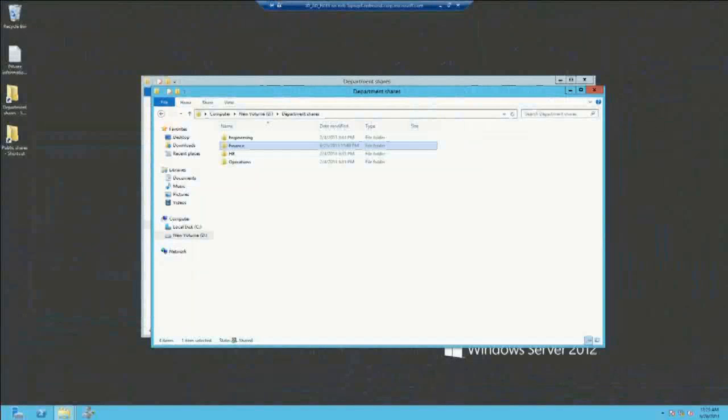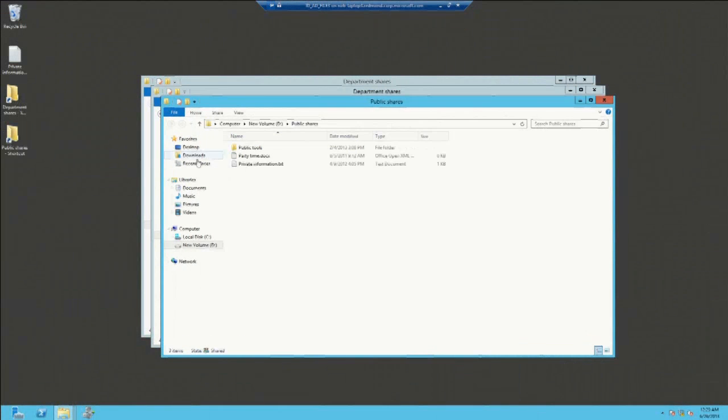So going back to my file server here, I just want to show you the public shares. You see that we have 3 items here. One of them is the private information that we classified earlier. And if I go now to Tim, to my client,